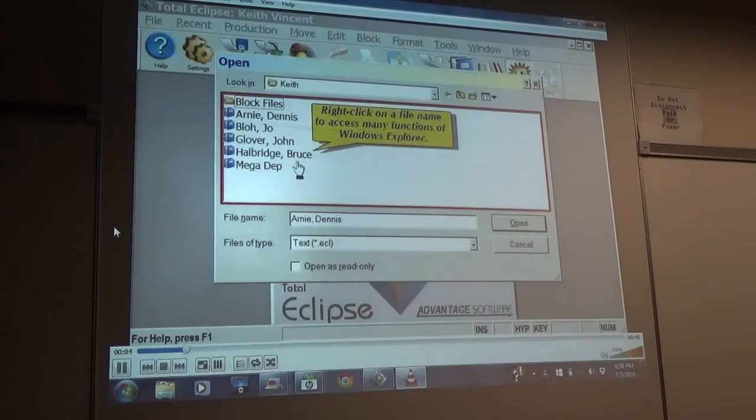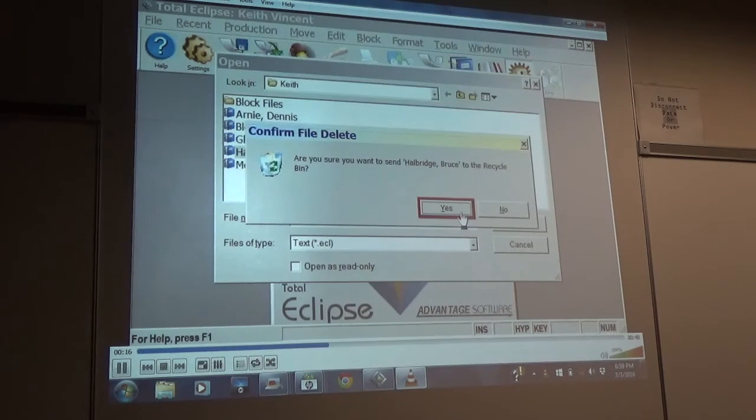What most Eclipse users don't realize is that many Windows Explorer functions are available whenever you see a listing of file names. So if I highlight this file's name, I can simply press the delete key to send this file